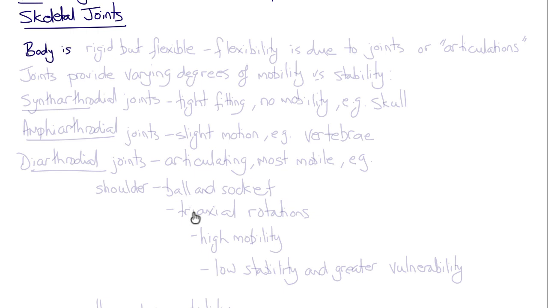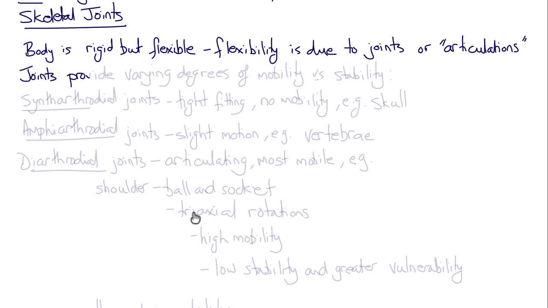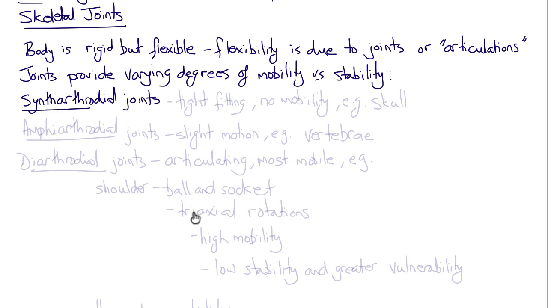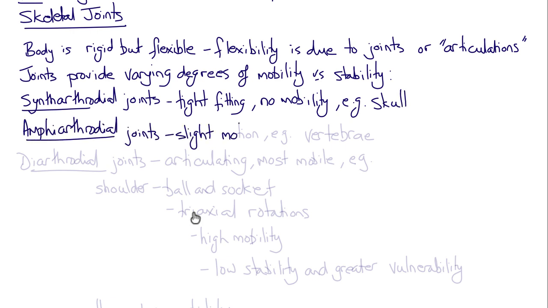So many problems involve the musculoskeletal system and skeletal joints. The body is rigid but flexible, and the flexibility is due to our joints or articulations. Joints provide varying degrees of mobility versus stability. There are synarthrodial joints that are tight-fitting and have no mobility, such as the joints between the bones of the skull. Then there are amphiarthrodial joints that provide slight motion, for example, the vertebral joints, because they're constrained by intervening